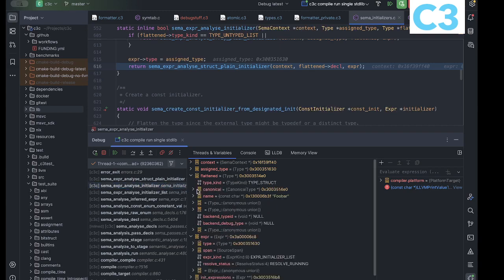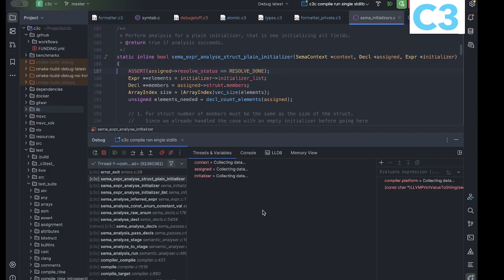So flattened that part, decal. Okay, maybe we didn't quite yet resolve the type. That is a possibility. We didn't yet resolve the type of the struct. Okay, it is now. It's behaving okay. Yeah, that's true. That's what happens. So when we go to raw